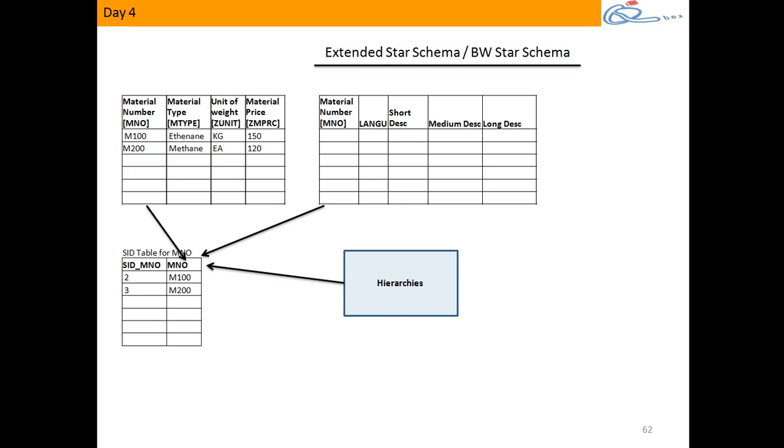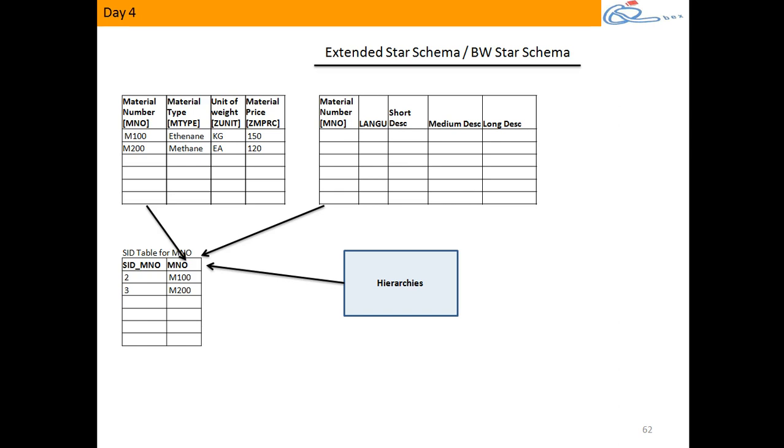Why don't I combine this into the attribute table? Got my question? Instead of storing the description column in a separate table, why don't I add another attribute called description? Within the attribute table, I can add one more column for description, right? But if I bring the description column into the attribute table itself, I need to bring in the language column also, which will force me to maintain description in multiple languages.